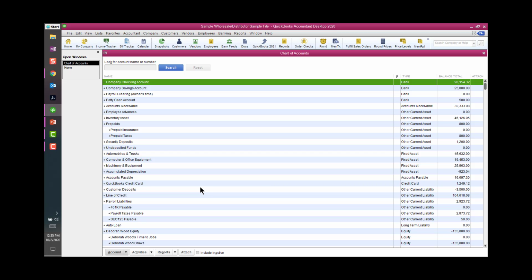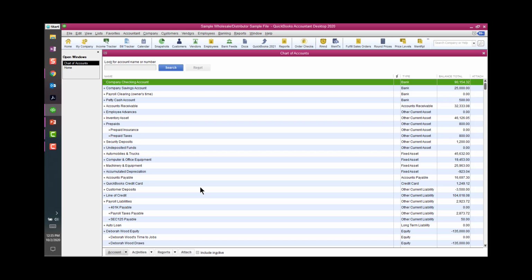If it's an asset account, then it starts with the number 1. If it is a liability account, it starts with the number 2. If it's an equity account, it starts with the number 3. And those are your 3 basic types of accounts on your balance sheet. Then when you get over to the profit and loss side, you would have your income accounts, which start with